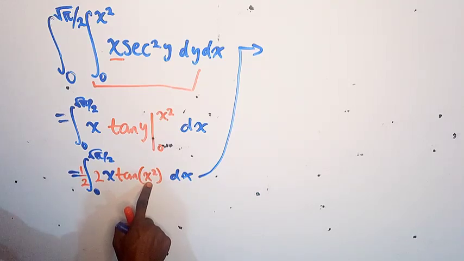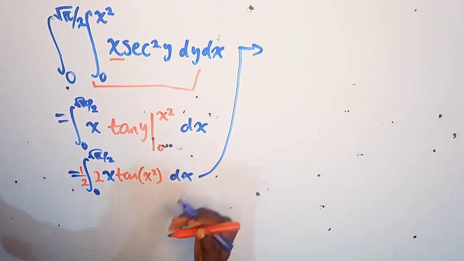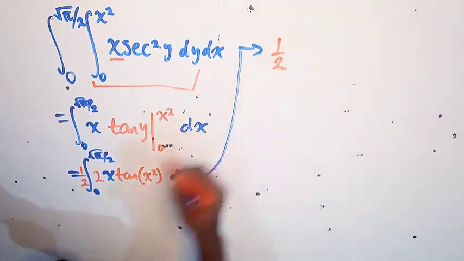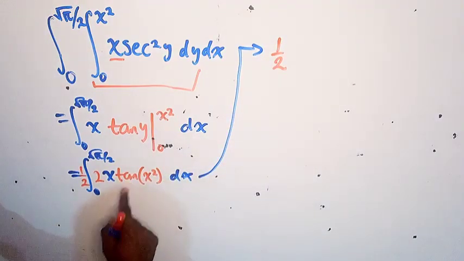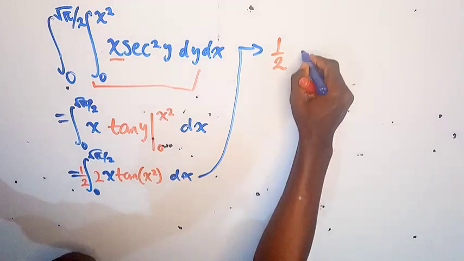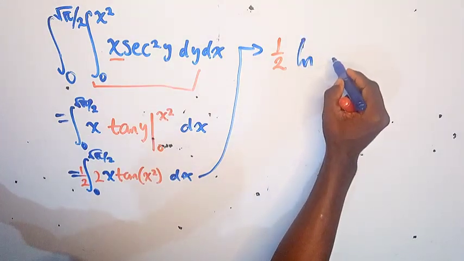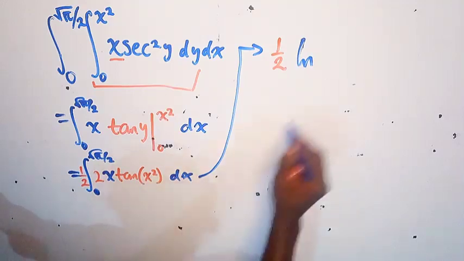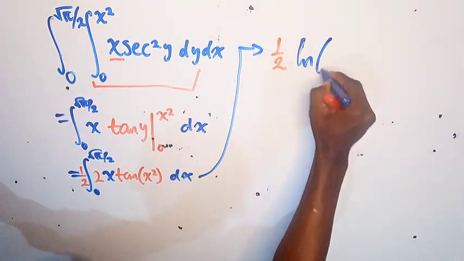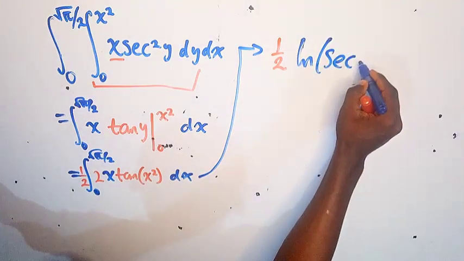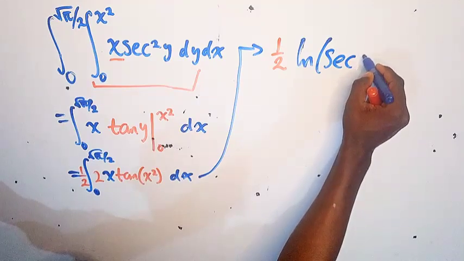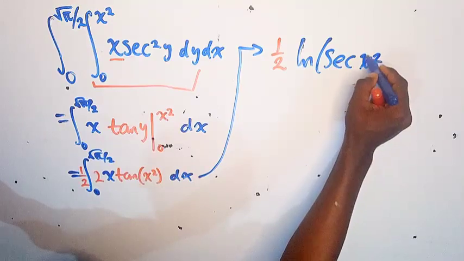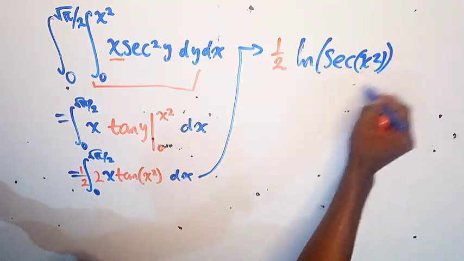So when we integrate tangent, of course, we know that this will give us 1/2 of what the integral of tangent function is, natural logarithm of, there's no point for the absolute value since this will always be positive, of secant of x squared in this case. Let me say secant of x squared, and then we have to take that